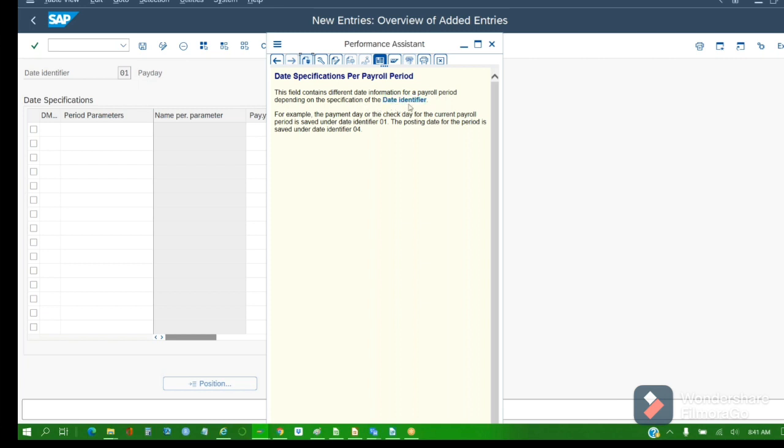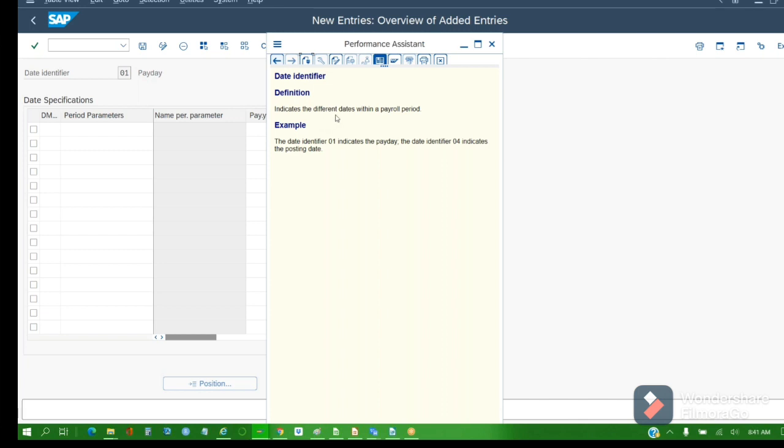Depending on the date identifier. Read the example. Click on the date identifier once. So the first day when pay is going to generate, we should give that date, right? Try once fully.